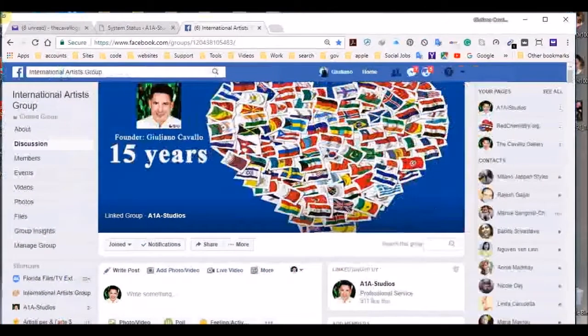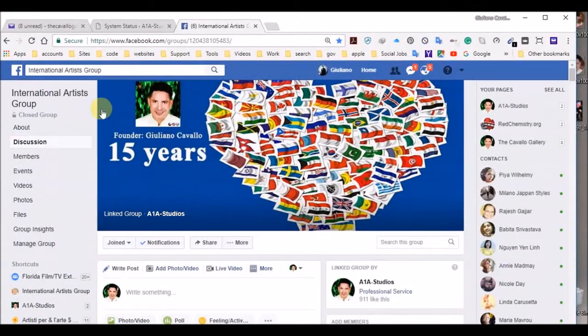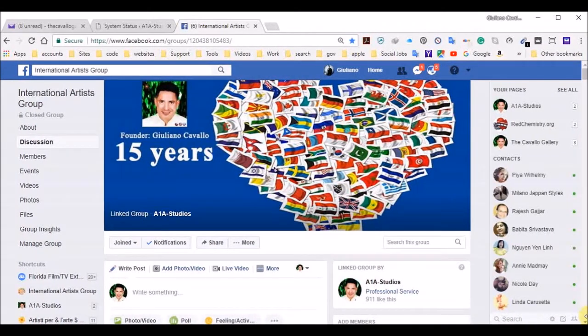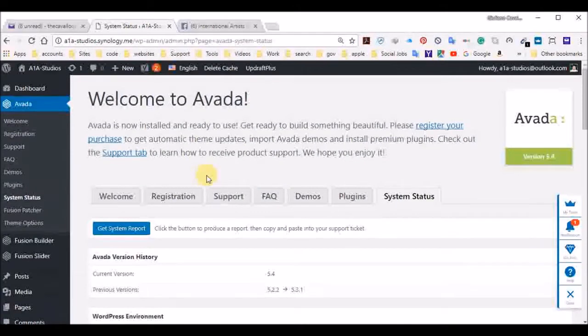because the new Avada came out, and that means that it's great, but it can also be a nightmare if your WordPress site crashes. So I'm here at group. I'm going to pull up my site that I'm working on, and I had Avada